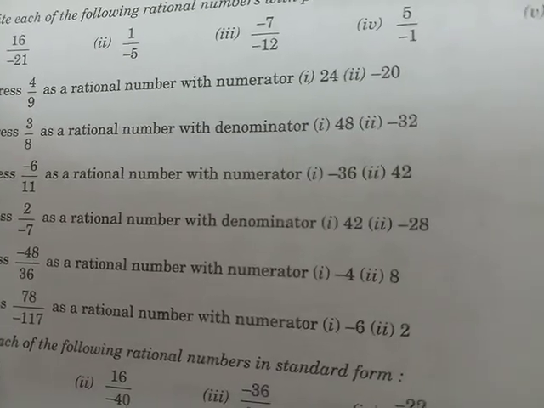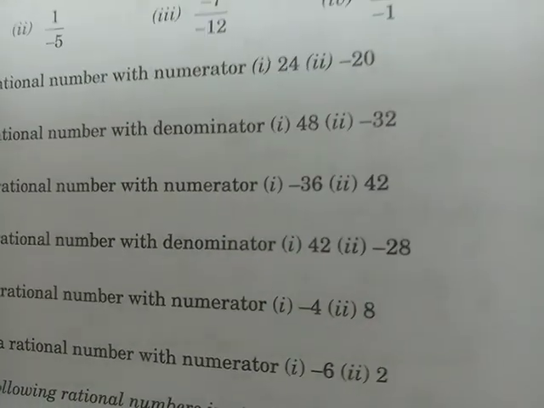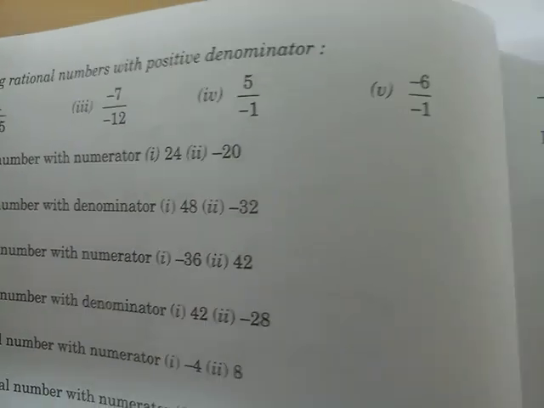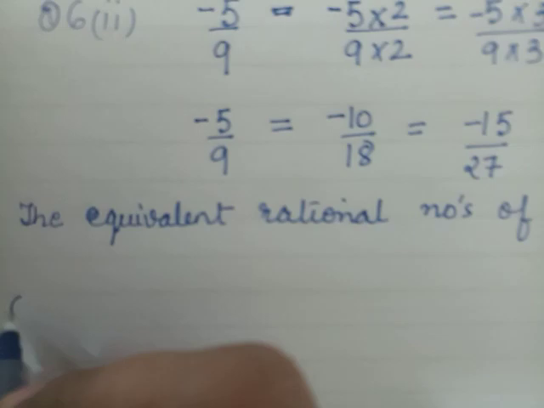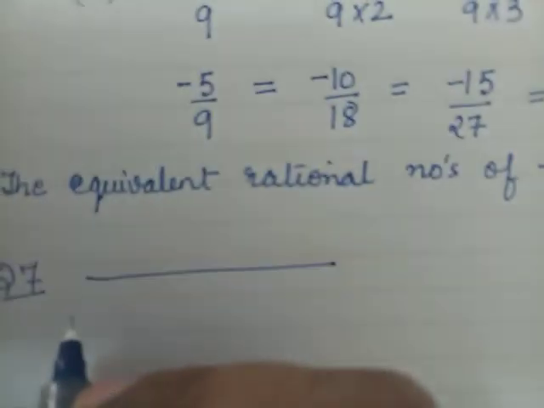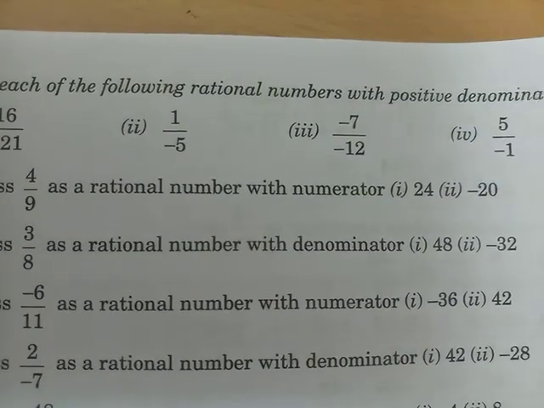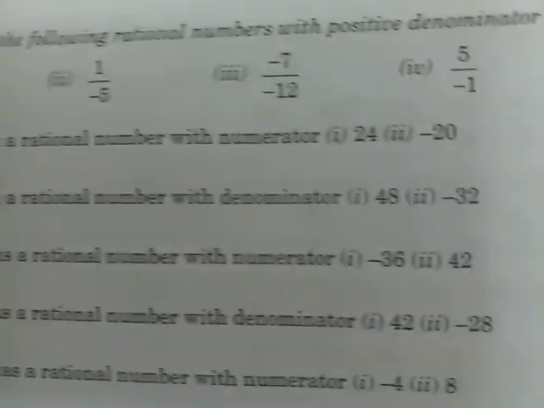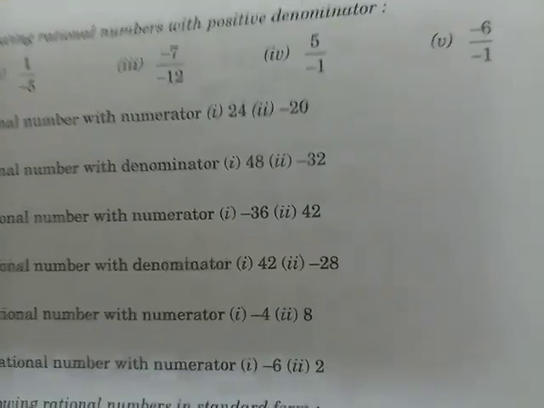Whenever we find a negative number, to convert it into a positive number, what we do is multiply it by minus 1. Okay children? So I solve question number 7 for you. Any one part, I do it for you. Write the question line. Do not forget to write the question line. I take question number 7, second part and the third part.